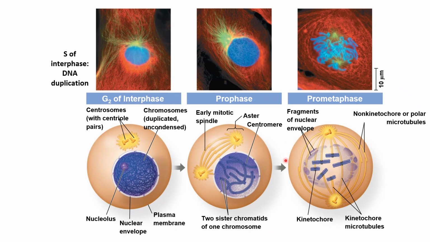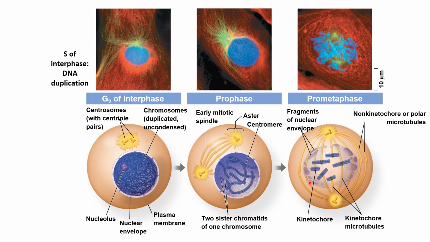You could call it all prophase, but if we're going to subsection them, in prophase we're starting to condense the chromatin, and then in prometaphase is where we have the nuclear envelope now